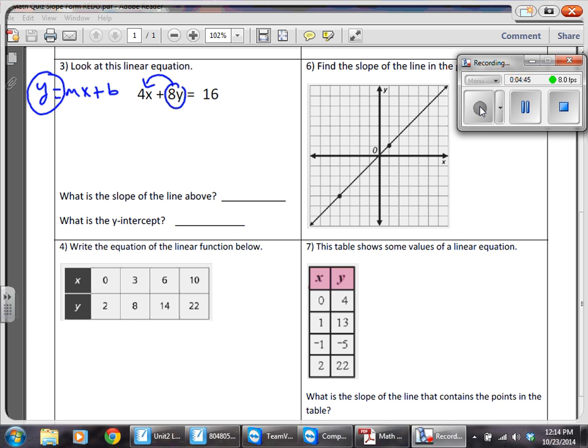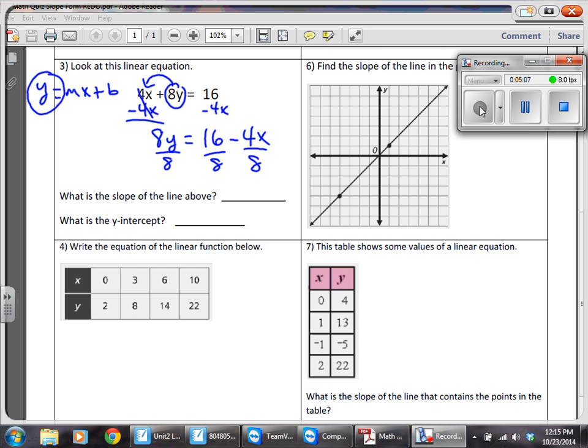How do I do that? By using my inverse operations. This is a positive 4x. I can move it by doing minus 4x from each side of the equation. So now I have 8y equals 16 minus 4x. The y is still not by itself, so now I just have to divide by 8,